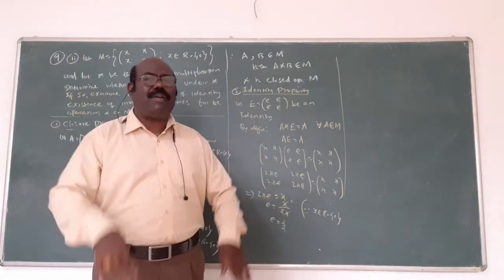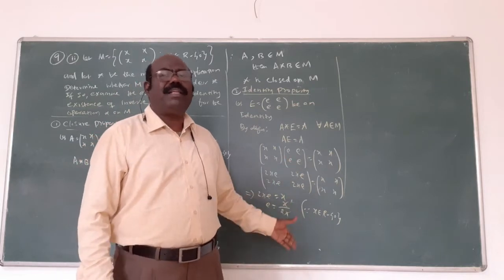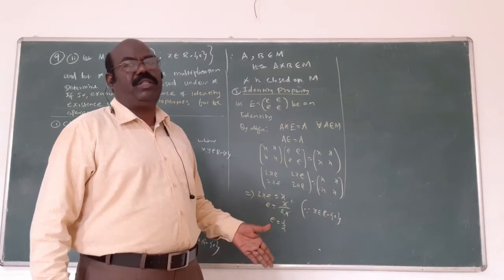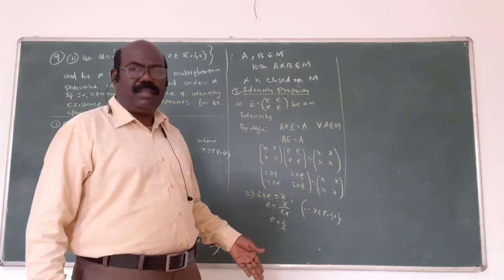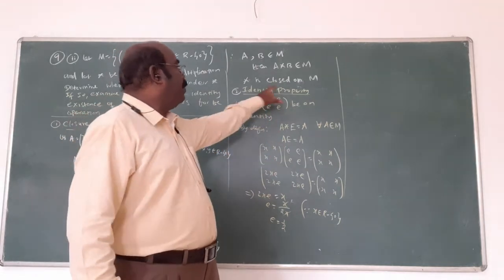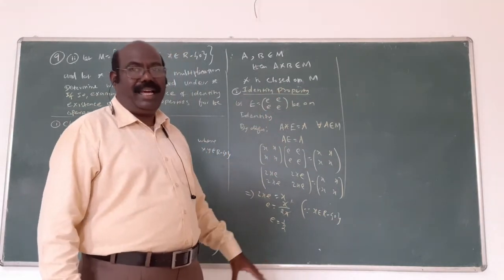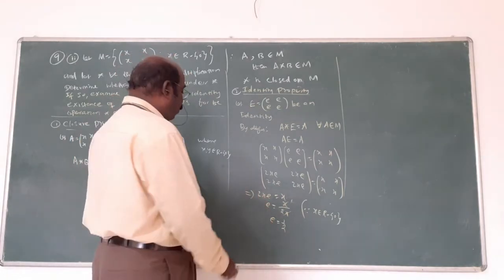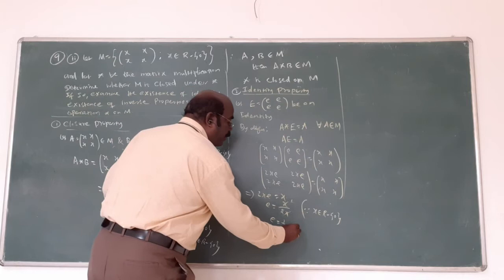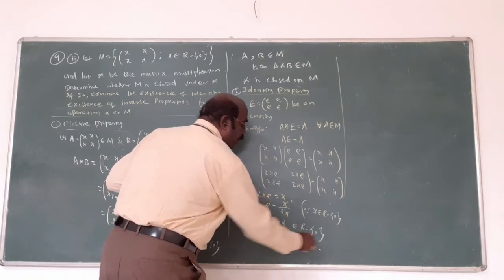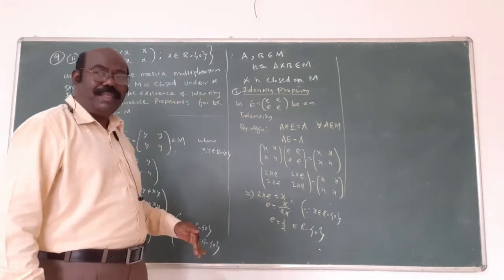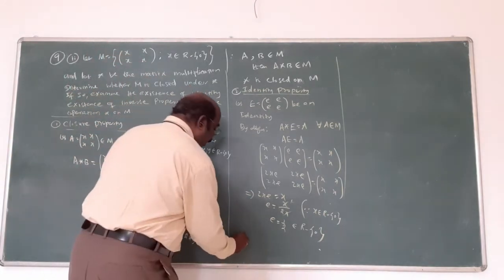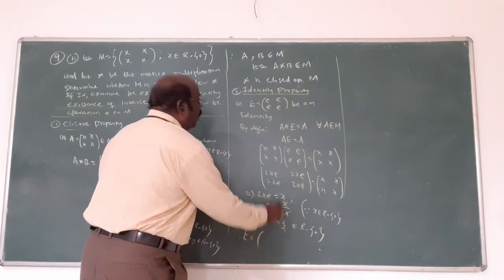Suppose this condition was not given, the identity property is not applicable here, because 0 also will come, no? 0 by 0, cancelling is not possible. That's why the identity property is not satisfied. But here the condition is given, that's why x is cancelled, and we get e value as 1 by 2. Therefore, this 1 by 2 belongs to R except 0. That's very important. When you find the identity element, that element also must not equal 0. 1 by 2 is not equal to 0.